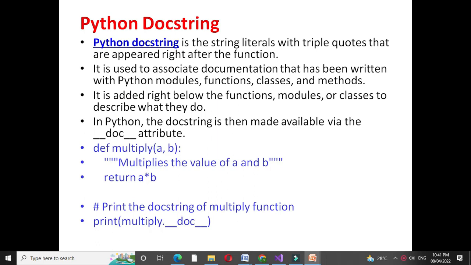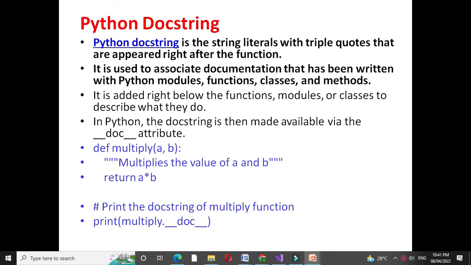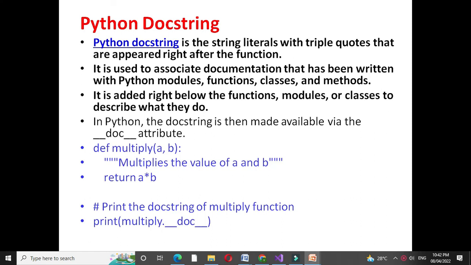Next is Python docstring. Python docstring is a string literal with triple quotes that appears right after the function. It is used to associate documentation that has been written with Python modules, functions, classes and methods. It is added right below the function, modules or classes to describe what they do. In Python, the docstring is then made available via